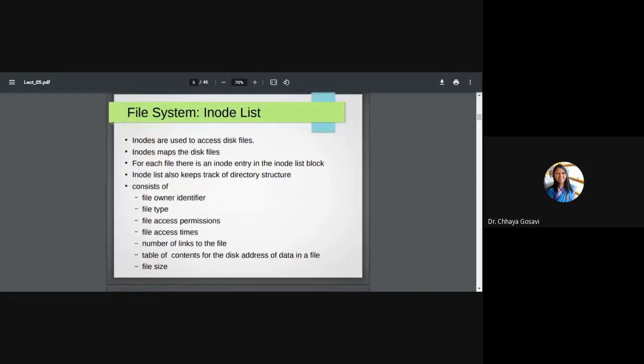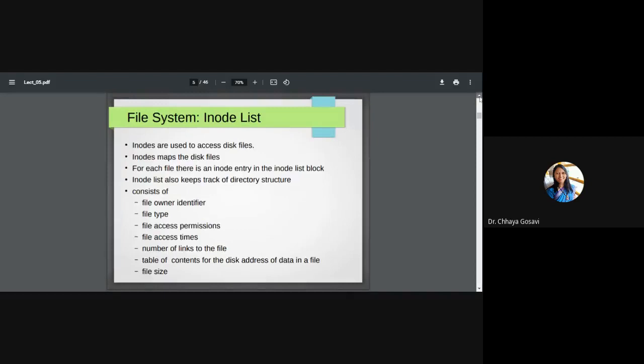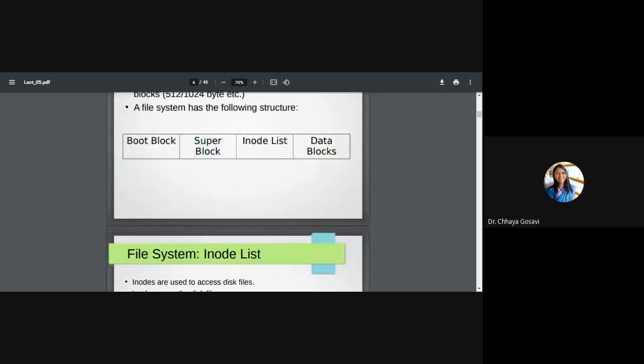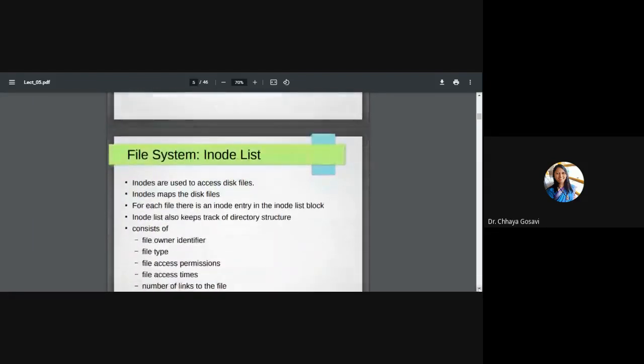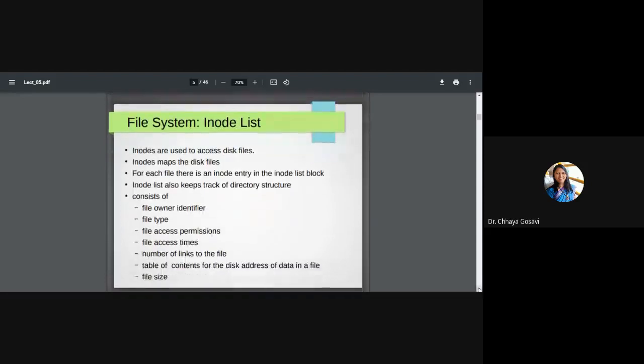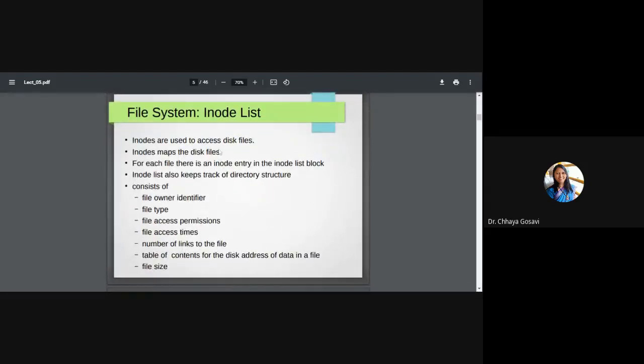Inode list. So this inode list is nothing but an index to the particular file. The files are actually stored on the hard disk, and its location where it is stored, the type of file, the size of the file, who is the owner, the user, all this information is stored in the inode list.